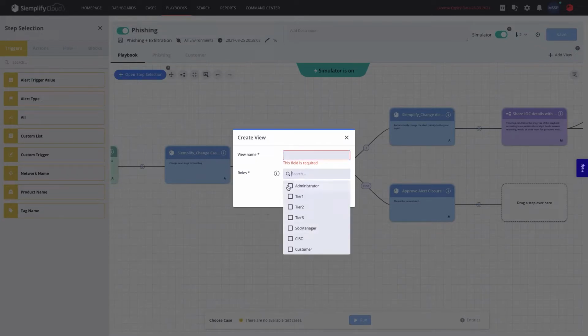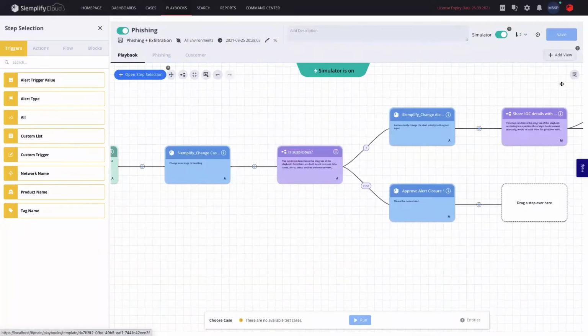That means that if I'm a tier 1, tier 2, or tier 3 analyst in the internal SOC of the MSSP, maybe I would like to see information in one way. For example, header analysis information, threat intel, and some information that might be considered as my intellectual property. But if I am a customer logging into the same case, as an MSSP, I might want to not disclose some